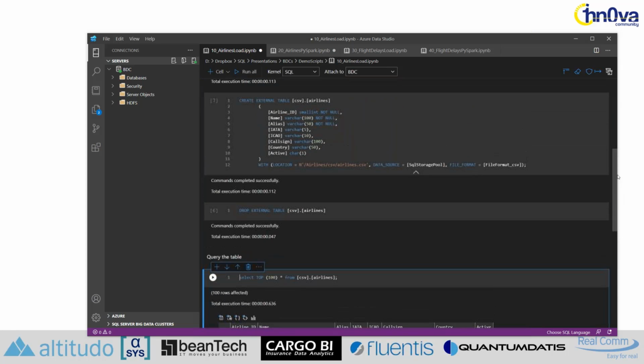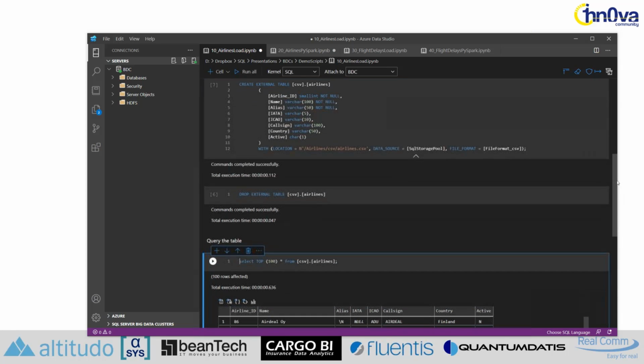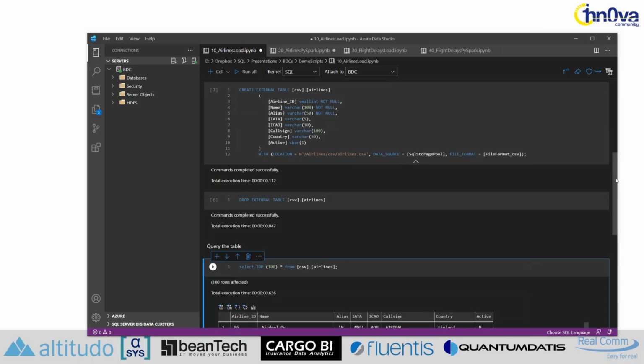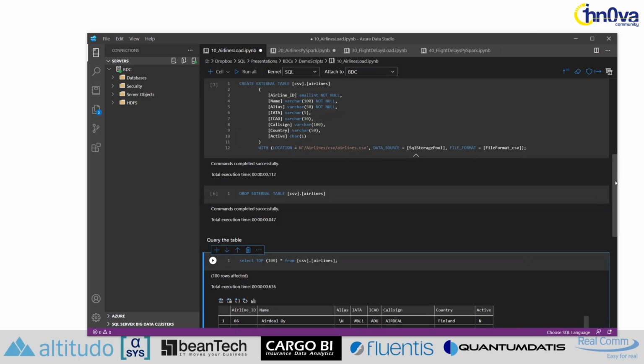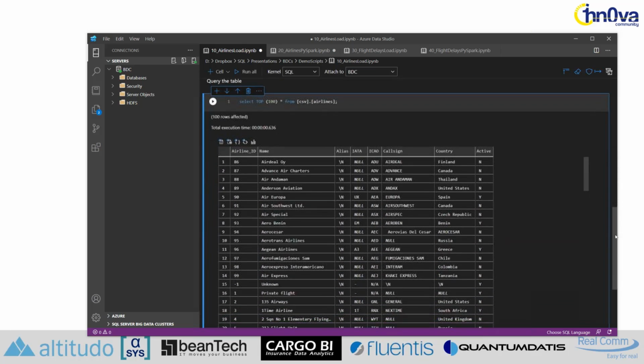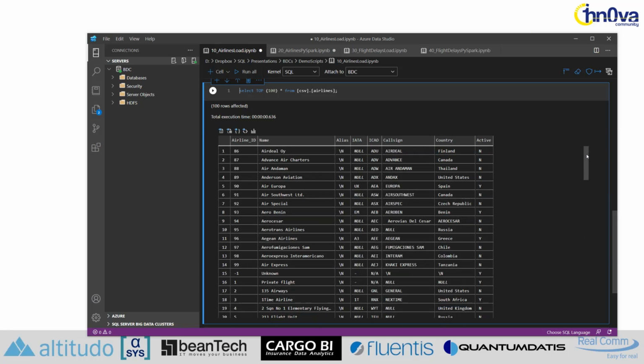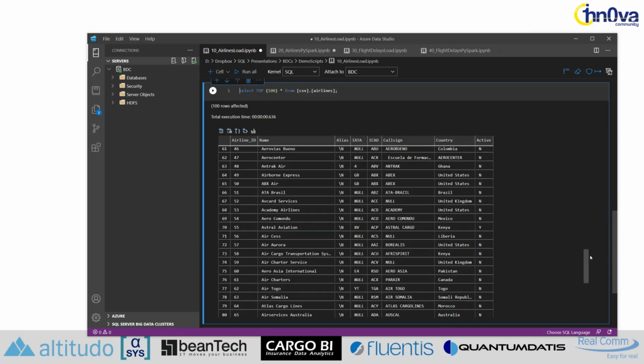And when you create a table in Polybase, it's not checking the data to make sure that the data conforms to it. It's just saying, okay, I'm going to create a table with this definition, and it doesn't actually figure out that there could be a problem until runtime. So here we go. Here's the top 100 rows in our airlines table now. We have all kinds of current and